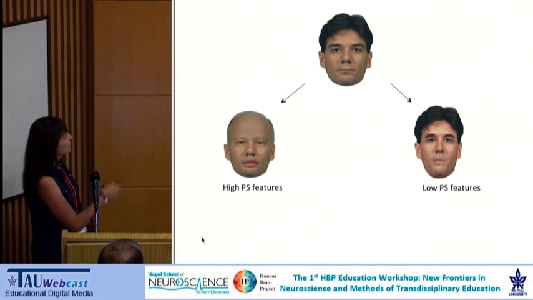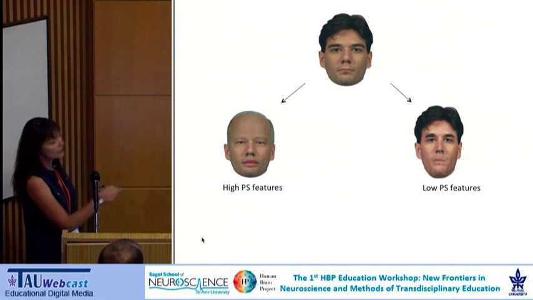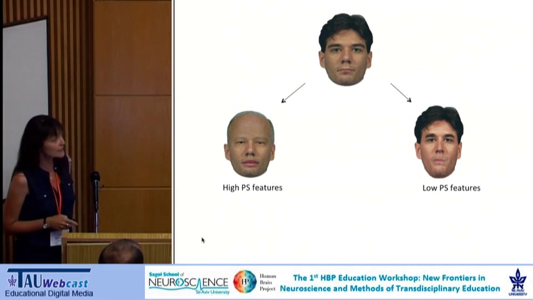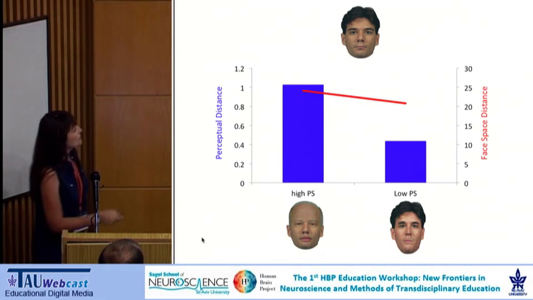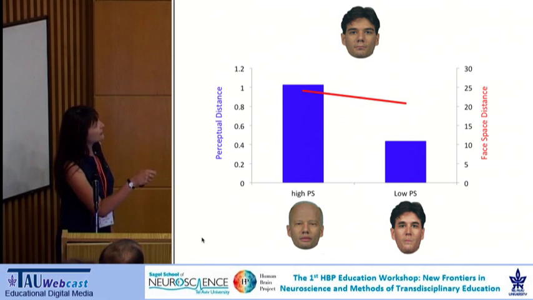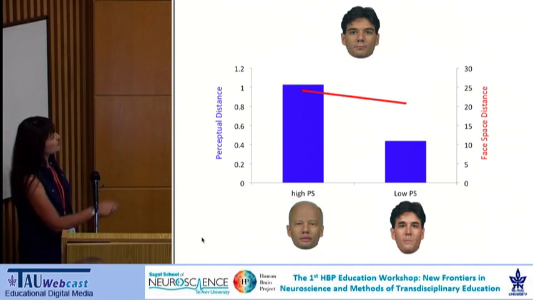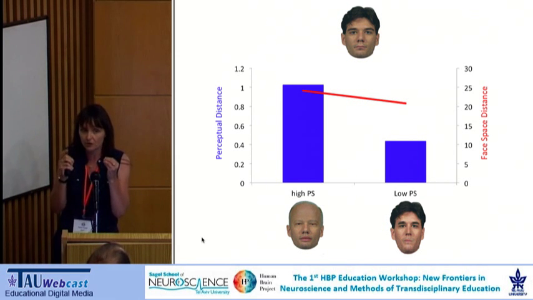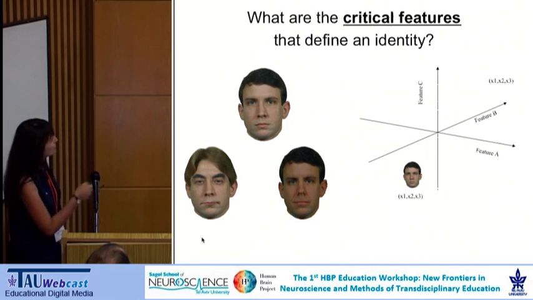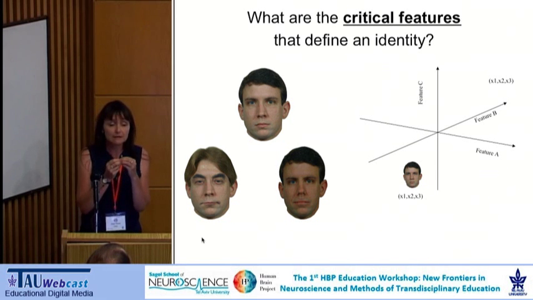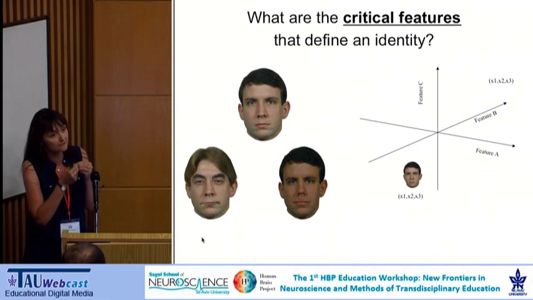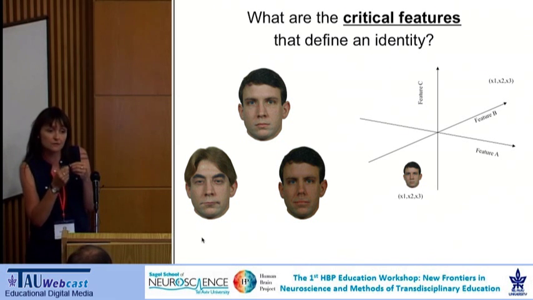It's just another example. We change critical features, we get a different person. We change non-critical features, we get a face that is more similar to the original one. So despite the fact that when we measure the face-space distance between these two pairs, we actually did not change them by much. So at the end, I think what we actually were able to do is that by describing a face as a feature vector and providing the values that each of those features are describing for a specific face,